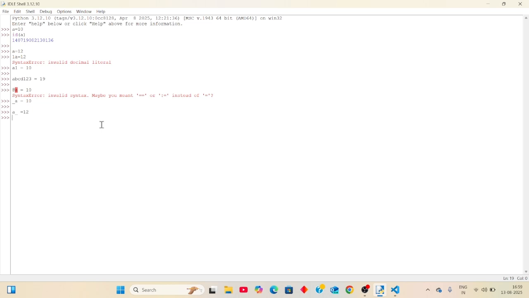And one more. The third rule is keywords are not allowed as identifiers. Keywords are not allowed as variable names.